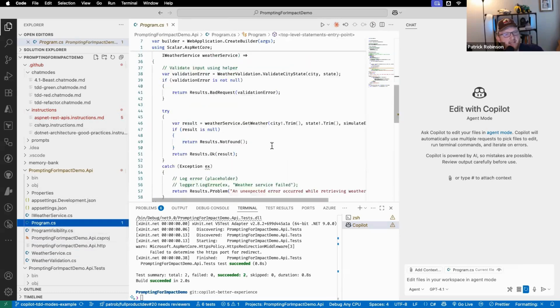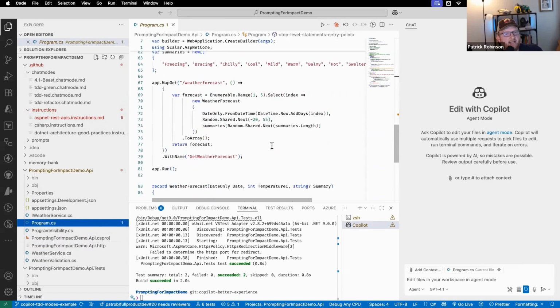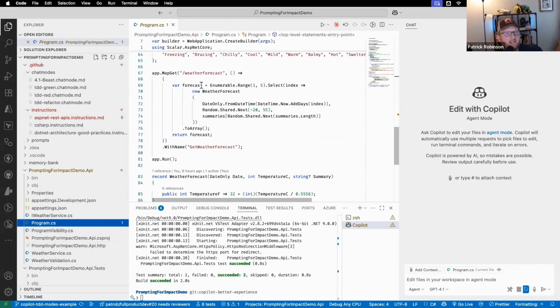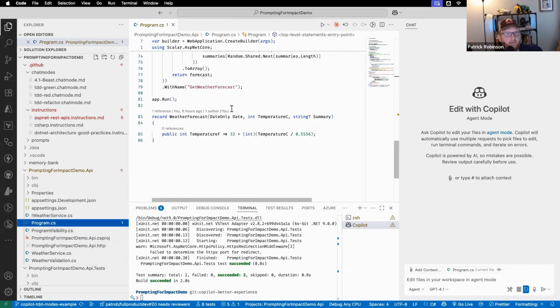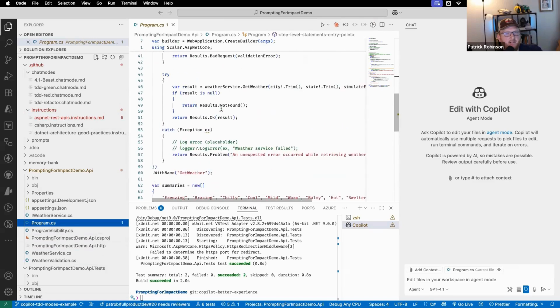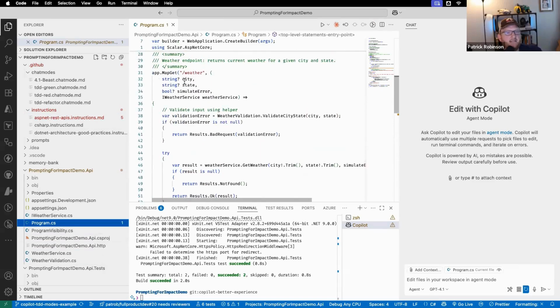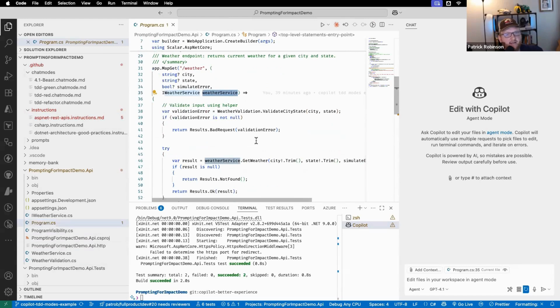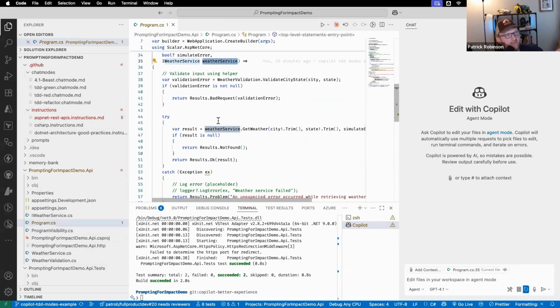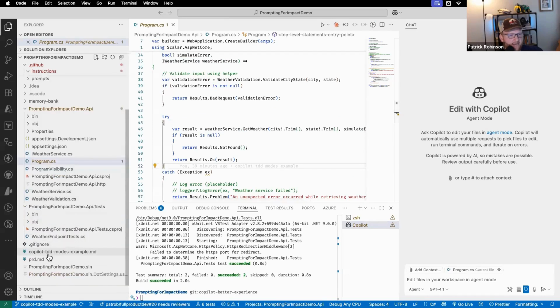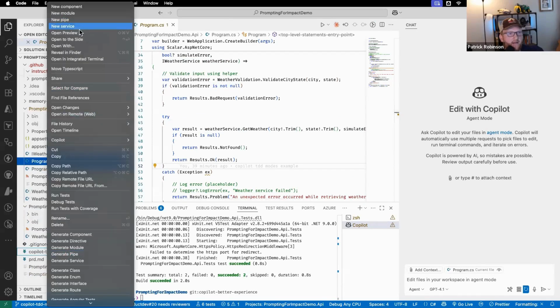And then in the program.cs file, it now has the weather forecast, or where is it? The one that takes a state is here, and it injects the weather service using dependency injection. And you could refactor this further using the refactor chat mode. But basically, what I did, if I go back over to this one,